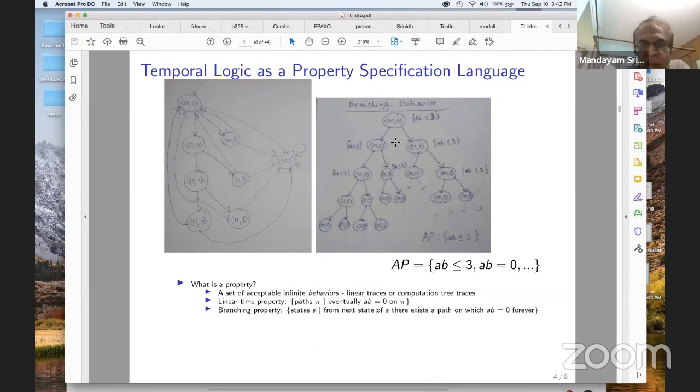Correct, because it either counts to 0 or it resets to 0. It eventually becomes 0, even if there is no reset. Since it's a mod 4 counter, it eventually becomes 0. It doesn't matter whether it is a path starting from the initial state, the root of the tree, or not. Actually, every path starting from any node in the computation tree